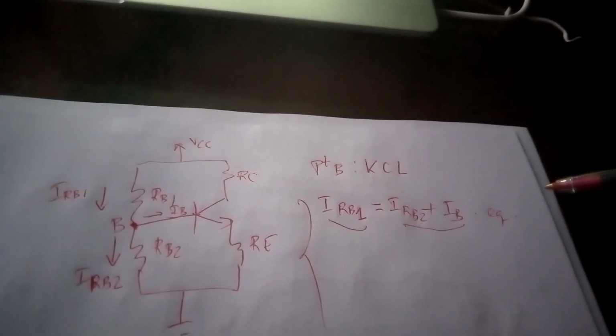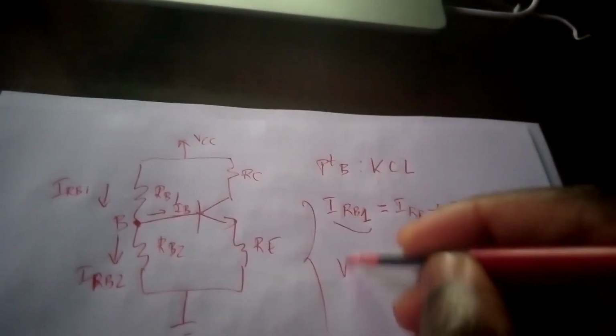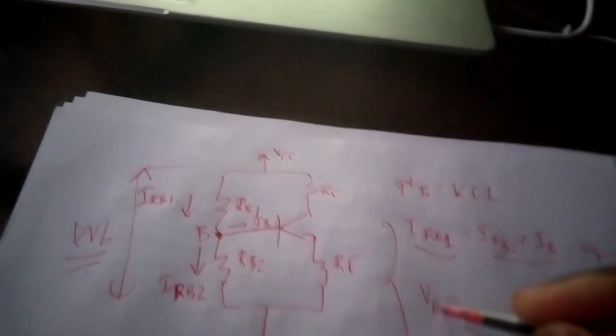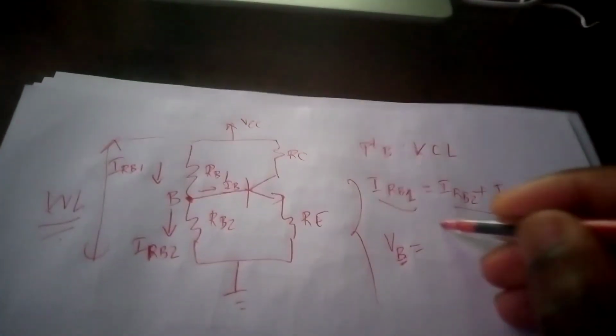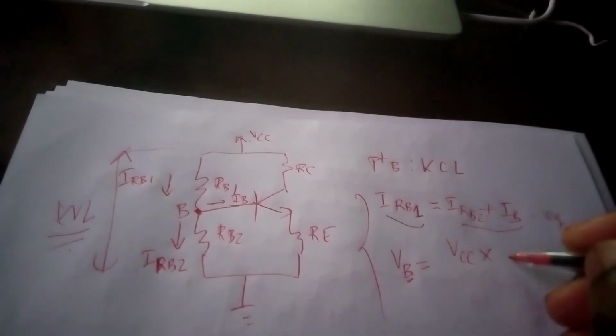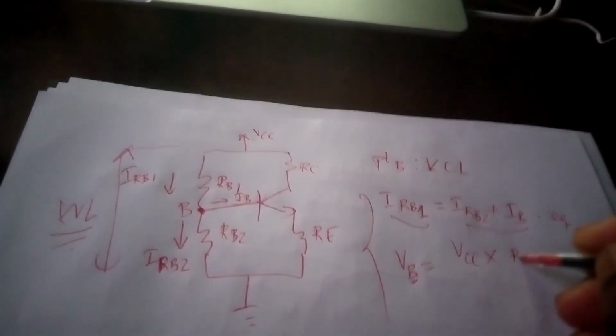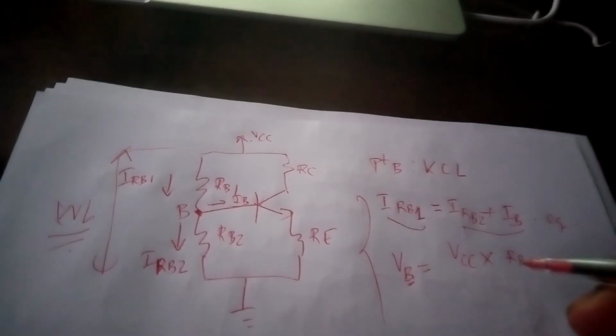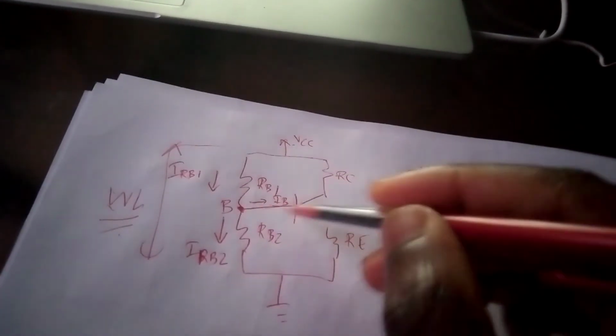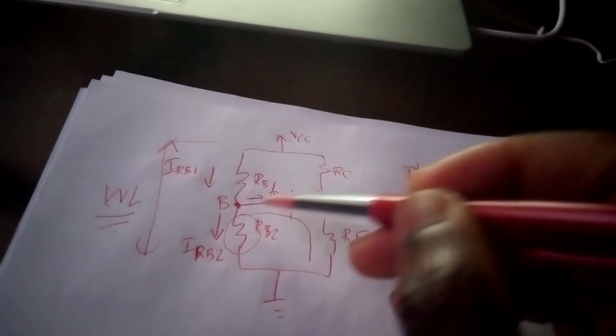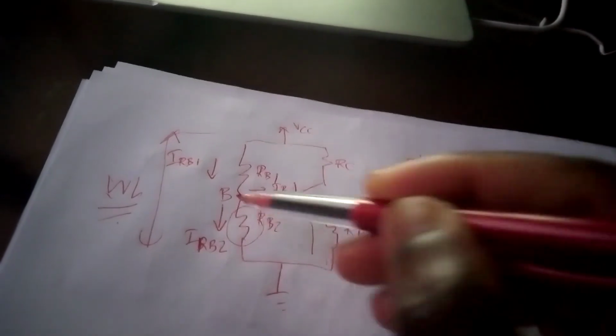Then you might think that by voltage divider rule, the voltage at that point B is equal to VCC, which is on top, times RB2. Well, sorry, my bad. You didn't do voltage divider there because you don't know how much resistance is part of that, because that RB2 at the end of the day is in parallel with whatever goes this way. So we just stick with that first equation.